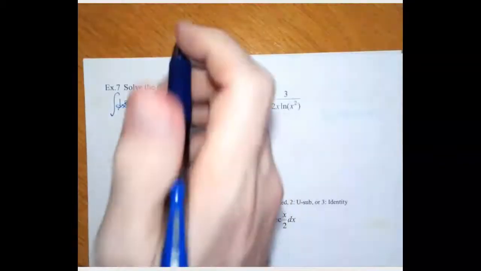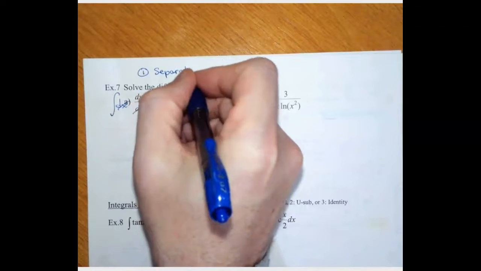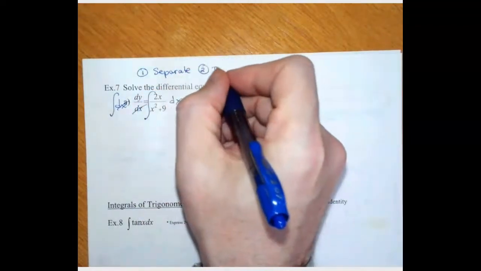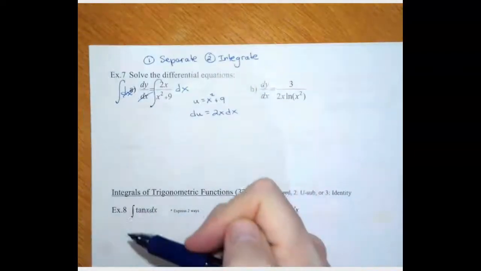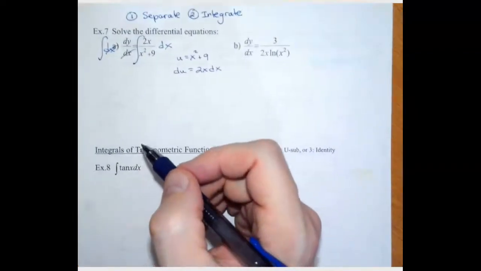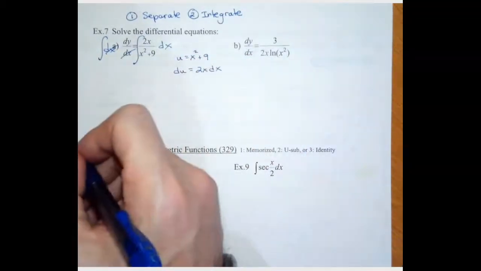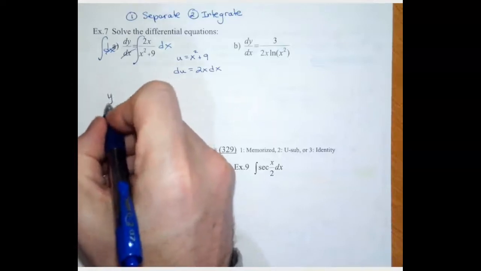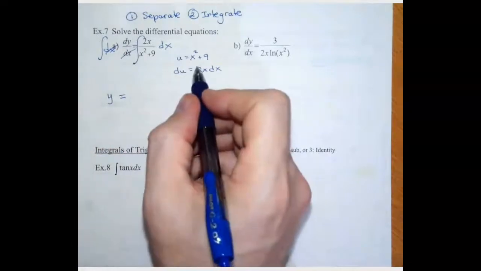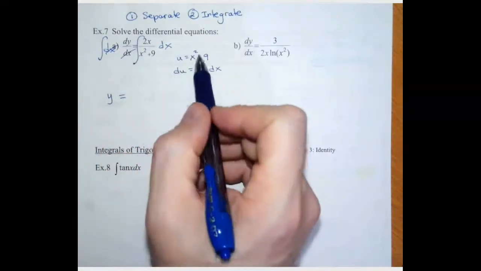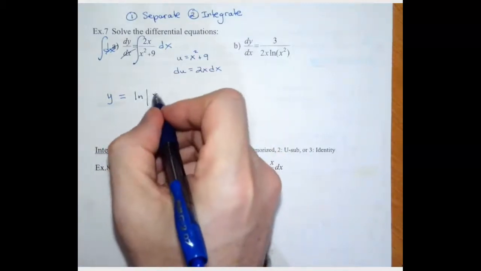When you're solving a differential equation, you want to remember that you need to separate and integrate, and then a lot of times we need to evaluate, but there's no initial condition here, so we're just separating and integrating. Alright, so now the 2x dx is right there, so that's pretty nice. So that is going to just be, the integral of dy is just y, and here we would have 1 over u. So that's going to be the natural log of u